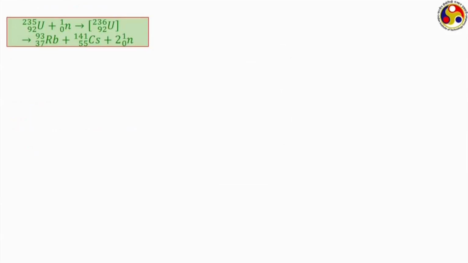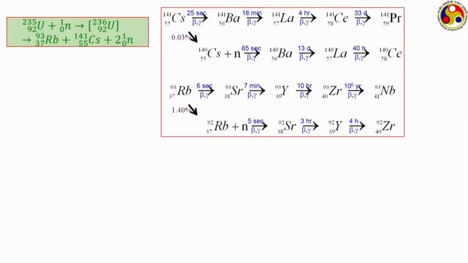Now, let us focus on the fission fragments. It was mentioned that fission fragments can be strongly radioactive in nature. Here one example is shown for uranium-235 fission, which is producing rubidium-93 and cesium-141, both of them strongly radioactive. And some possible decays are shown. Cesium can go through, as you can count, 4 steps of beta decay, from cesium to barium to La to Ce, finally leading to Pr,